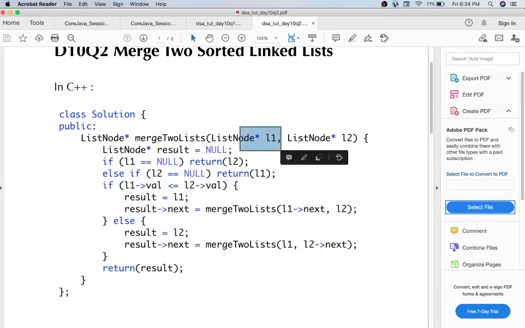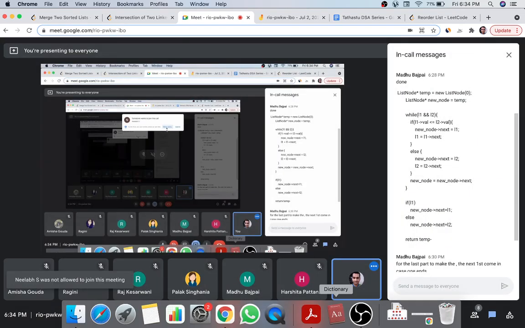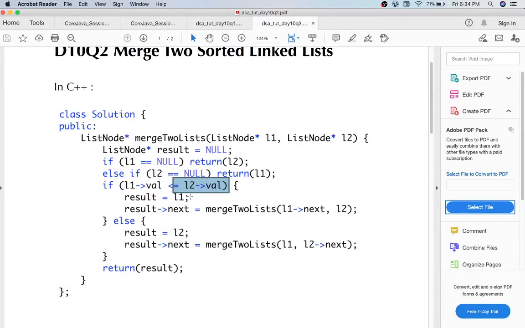So list 1, list 2, result is initialized to null, which will be the node we will be returning. If L1 is empty, you return L2, it becomes in itself the answer. If L2 is empty, you return L1, it becomes the answer. And you compare if the L1 value is less than or equal to L2 value. If it is true, you add L1